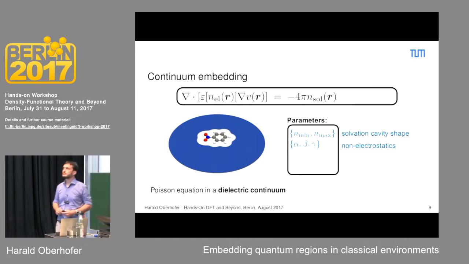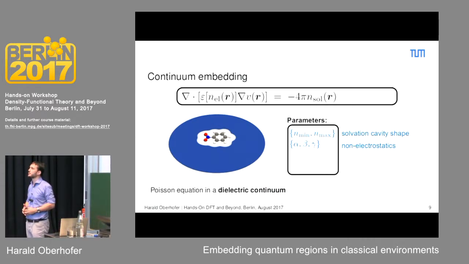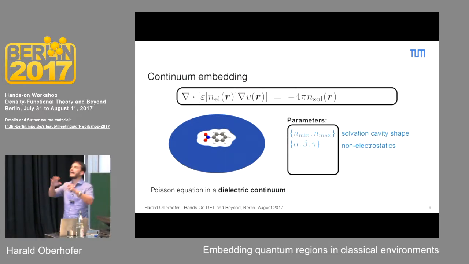The reason being that if you want to simulate something like solvation, your solvent molecules will most likely not penetrate your solute. Meaning the continuum that provides your dielectric response will not penetrate the solute and will not penetrate a certain area, a certain region around that solute to begin with. That is rather easy to see: you have this molecule here. Water will come close to that molecule, but will certainly not penetrate it, because there's other atoms in the way. That means that epsilon is now spatially dependent,